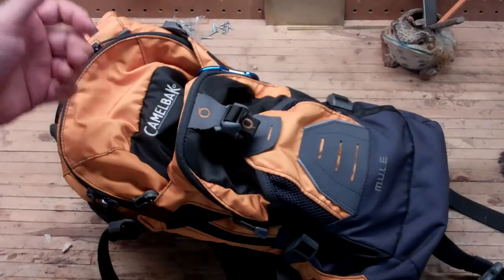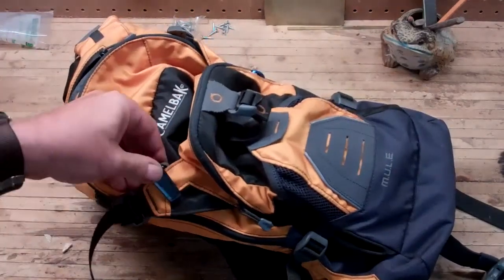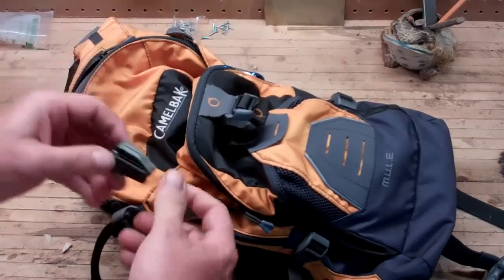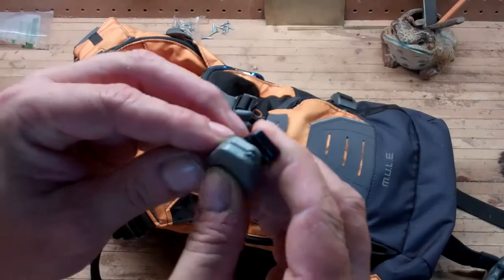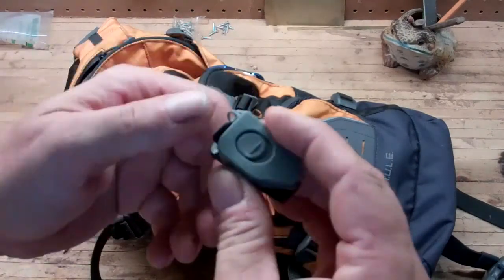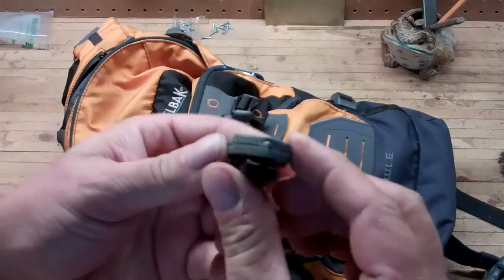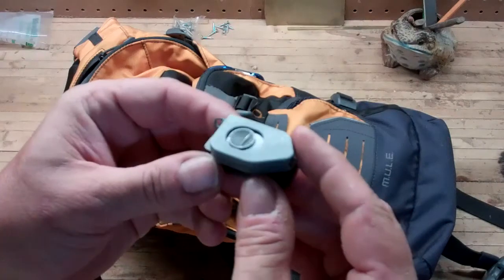Added a couple of things and going to talk about one of them. The first thing was this little light that I picked up from CountyCom just recently. And these things were dirt cheap over there. I think it was like $1.50, $1.75. So I picked up a bunch of them for gifts and to see if it would work for what I